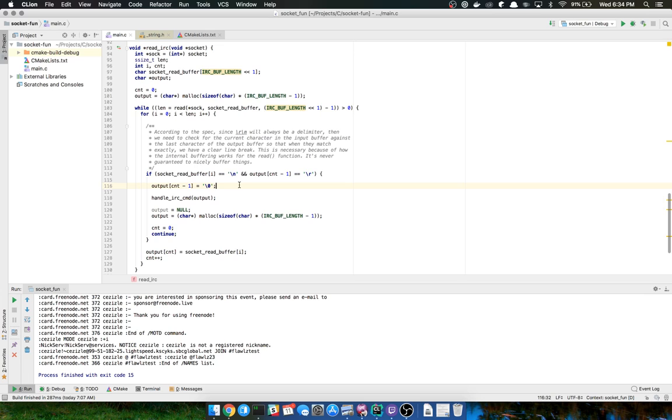Pass that into my handle IRC command, and then since I allocated this output buffer per line, I'm going to null it out, reallocate, reset the character count, and continue on with execution to look at the next character in the input buffer.